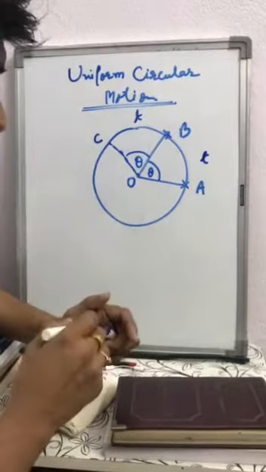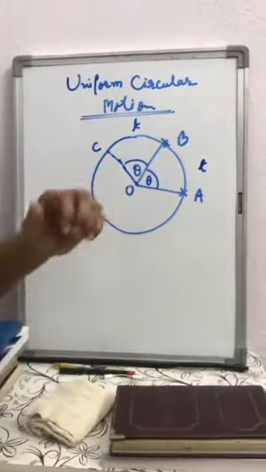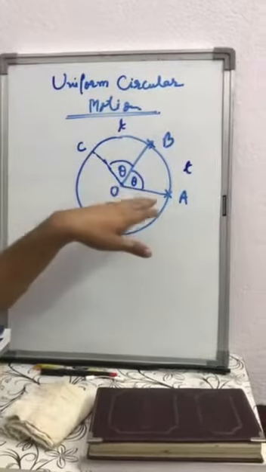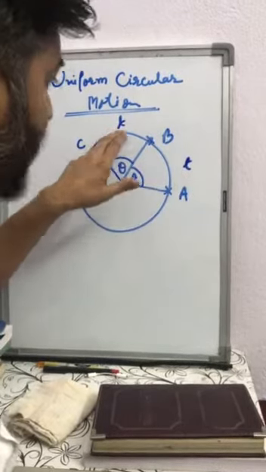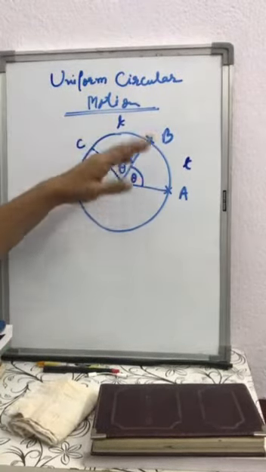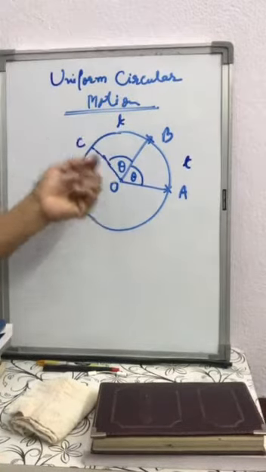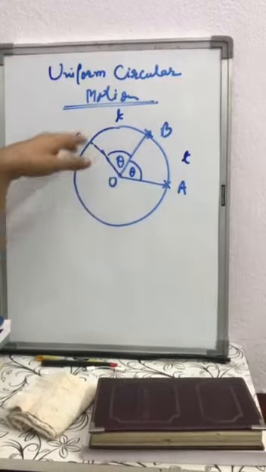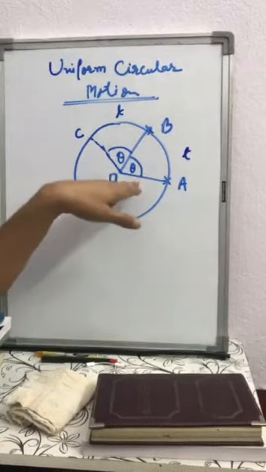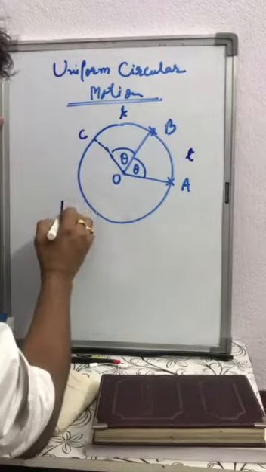So uniform circular motion is simply defined as that type of circular motion in which a body makes equal angles in every equal interval of time along a circular path, on the eye of the observer at the center of the circular path. Then that motion is called uniform circular motion. For one complete rotation,